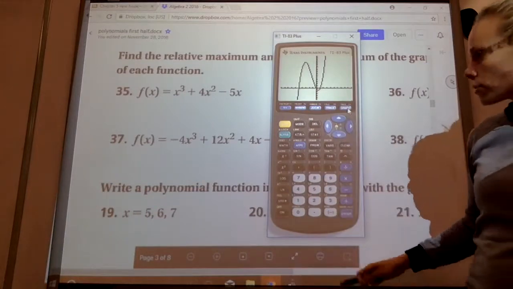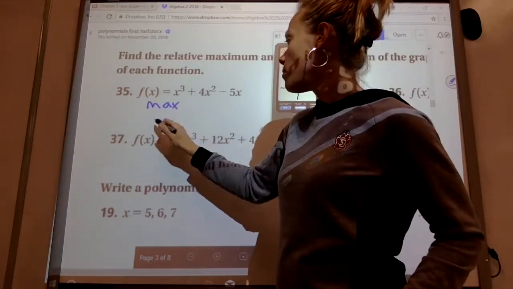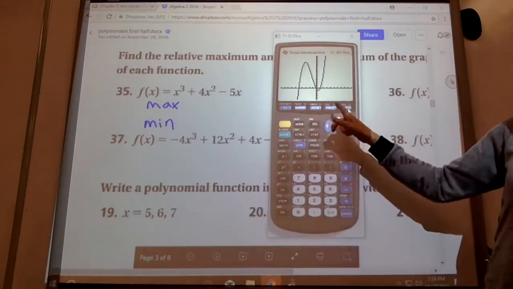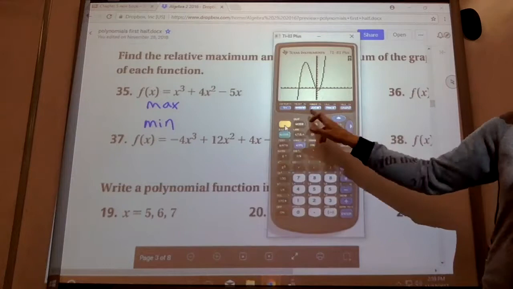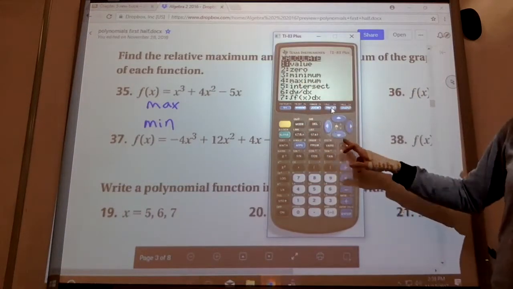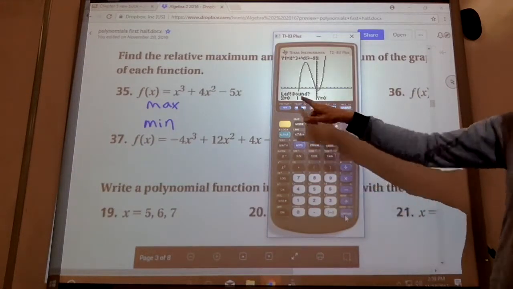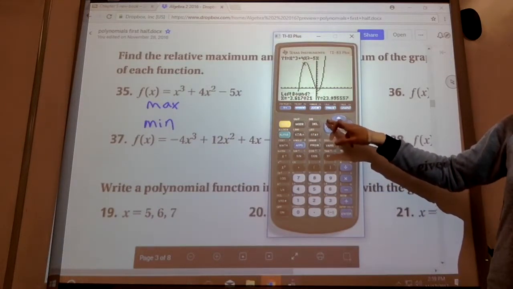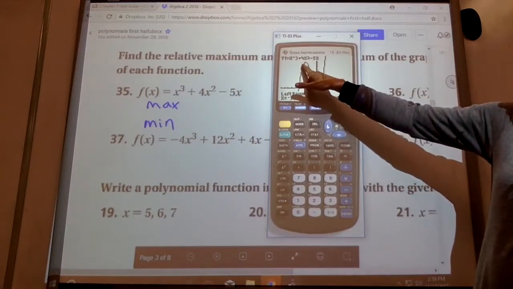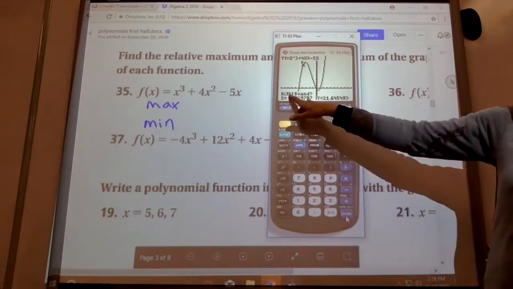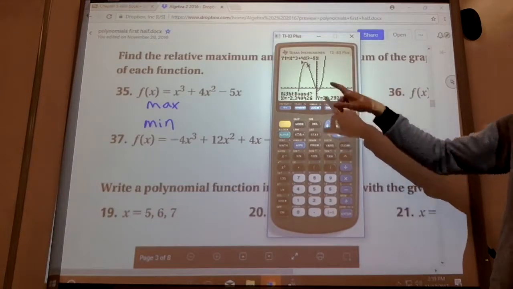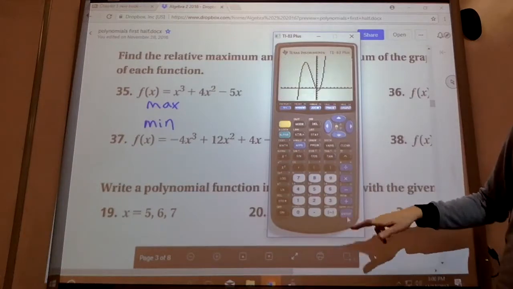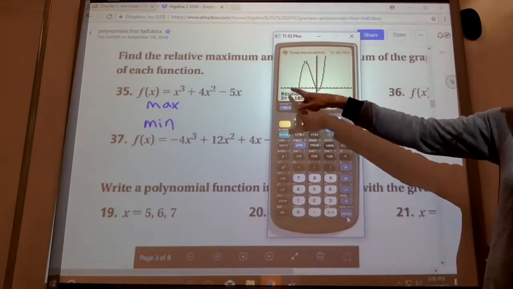Okay. So what we're going to do is label both. What is the max point? What is the min point? So calculate that by second trace and go down to maximum. And it says left bound. That means I want to go to the left side, somewhere left of that max, push enter. Right bound, so you want to go to the right side of that max, push enter. And then guess, yes, so you push enter one more time, and it calculates that maximum for me,